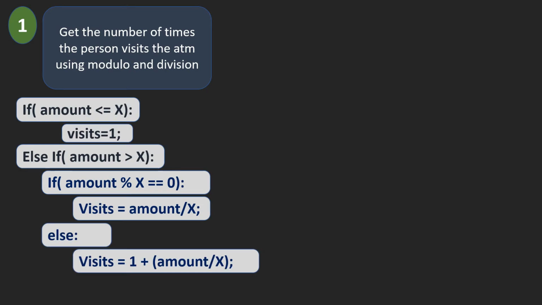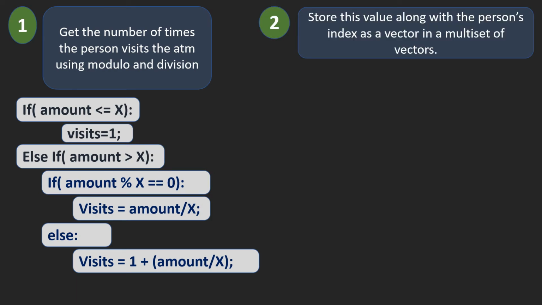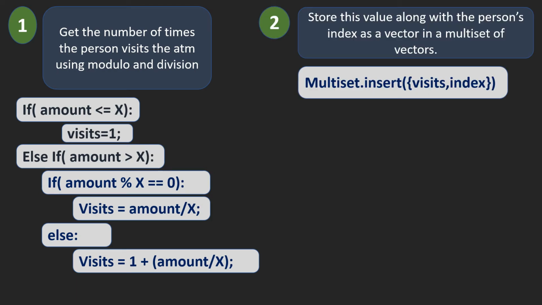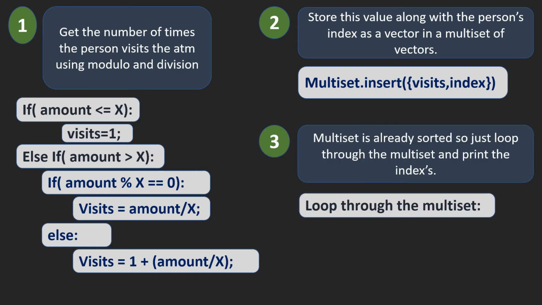Second step. Insert the values as a vector into the multiset. Last step. Loop through the multiset and print the index. Next, we have provided the C++